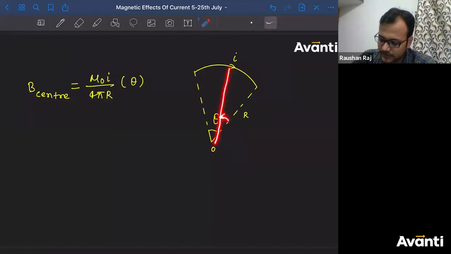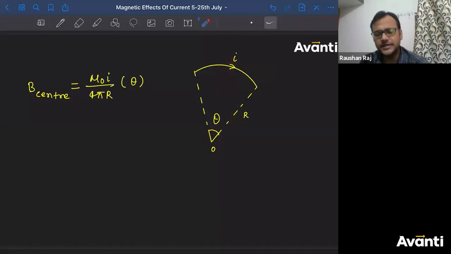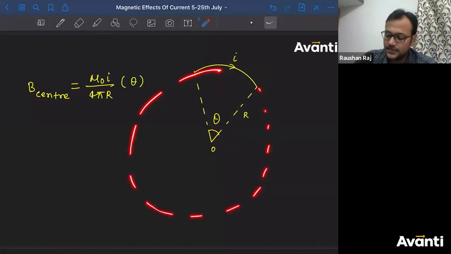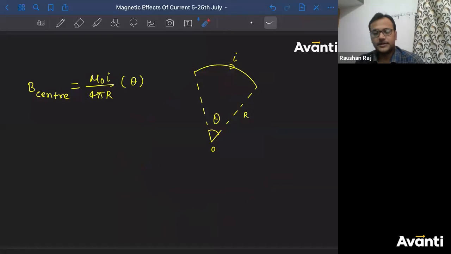This is phi. This angle is d phi. So this dl will be written as r d phi. ठीक है, you can also do that by the unitary method. Because of a full circle, the magnetic field was mu naught I by 2r. So using the unitary method you can get that, no problem. Because of the rest of the part of the circle, these magnetic field lines are not there. So because of this, you can get the answer, no problem. But calculus, Biot-Savart's law, can also give you that derivation. ठीक है, so because of a semicircle, what will be the answer?